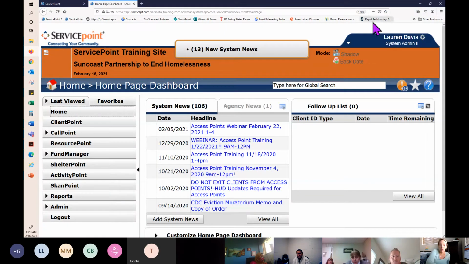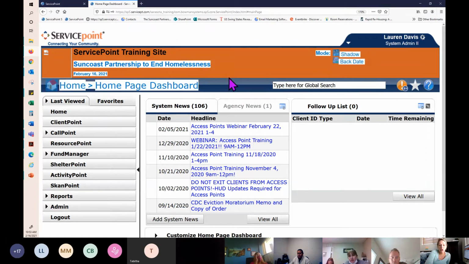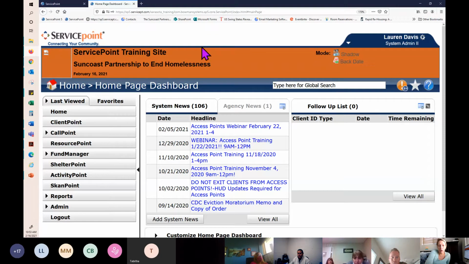So this is your Service Point. This is CSIS. Suncoast Partnership. This is my agency. You guys will see your default project, so the project that you work in all the time. So everybody has different projects that they regularly work in. Ideally, the project that you work in most will be your default project. But there are times where you're going to have to show the system that you're working in a different project. We will go over that in just